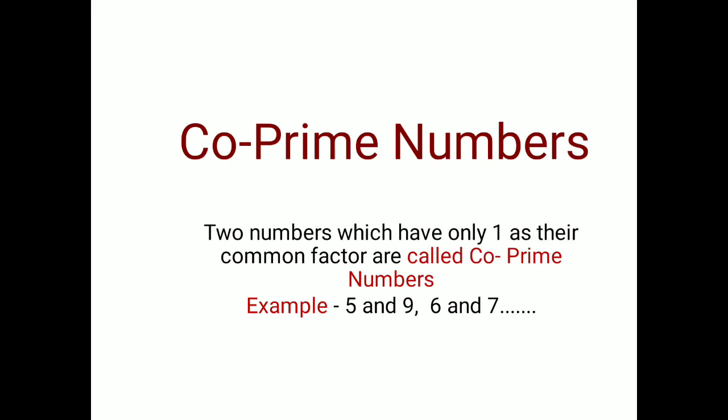co-prime numbers. Two numbers which have only one as their common factor are called co-prime numbers, like 5 and 9. So when we find the factors, only one is the common factor between these two. Like 6 and 7 is also an example of co-prime numbers. Next we have